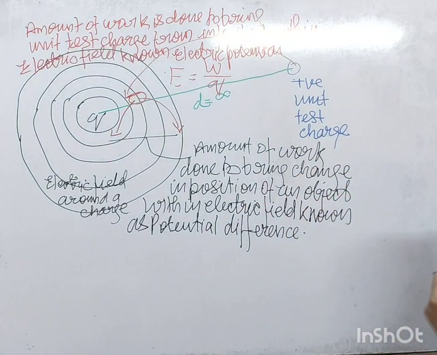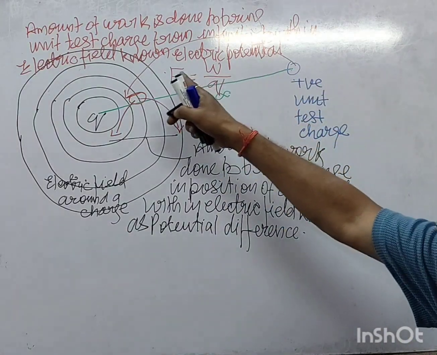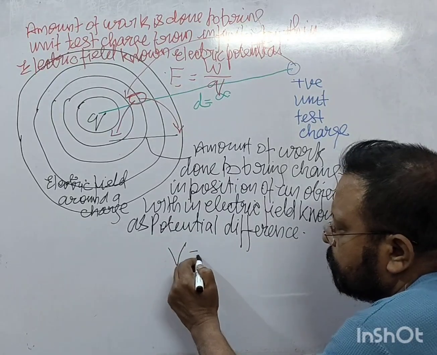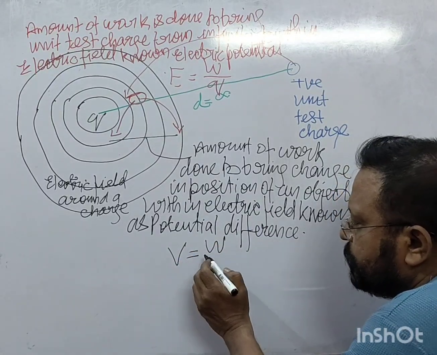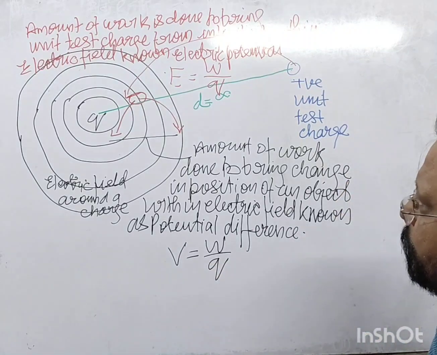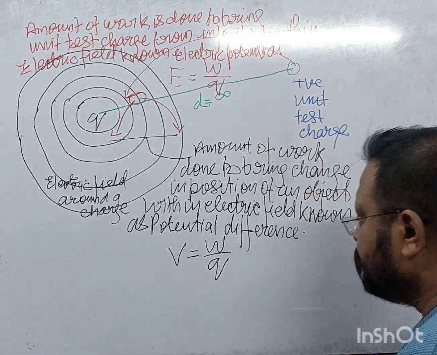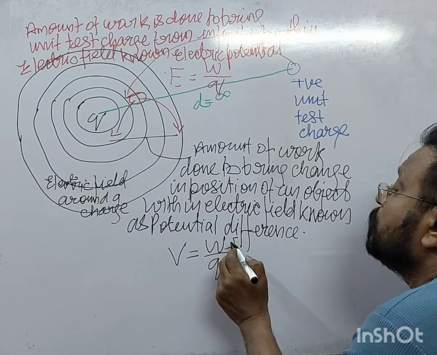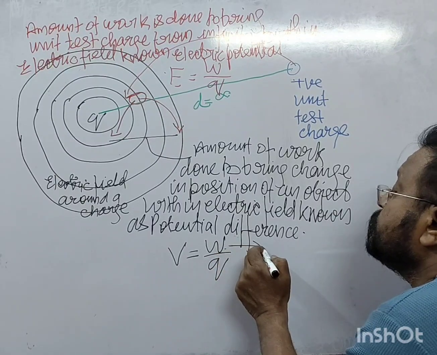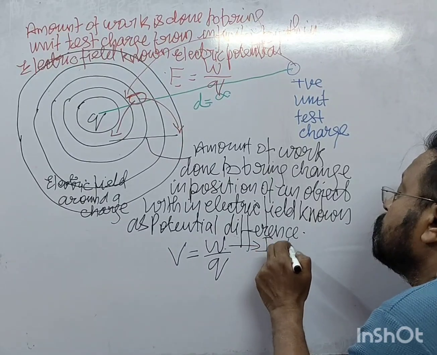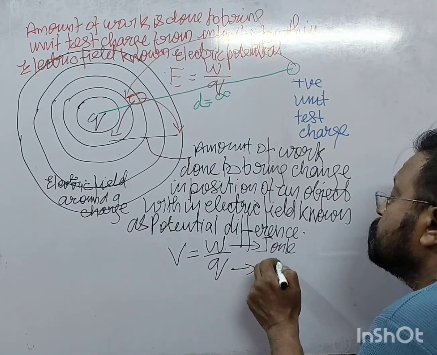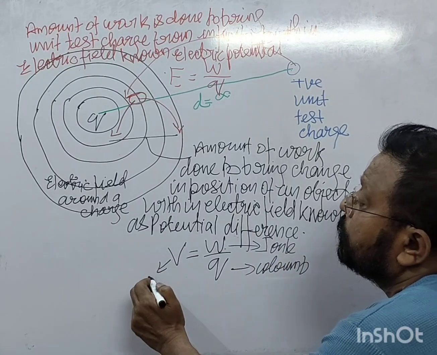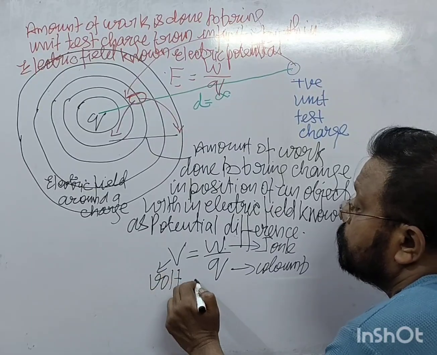What I said? Amount of energy to bring. This is also V is equal to W upon Q. Here W is joule, Q is coulomb, and V is volt. So 1 volt